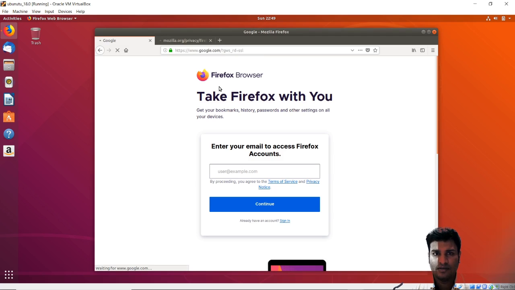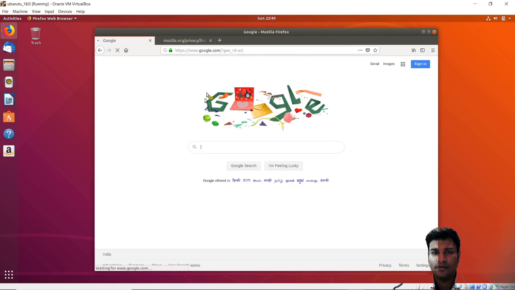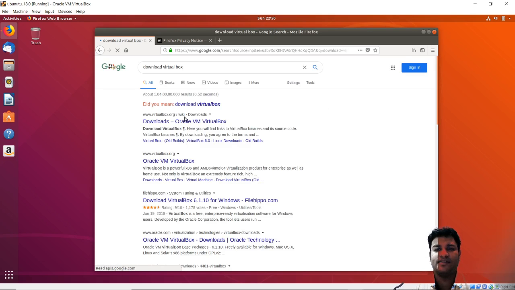You see that we are able to open up Google, which means that internet is working. I just say download VirtualBox, I hit enter. So we can see that internet is working out here.